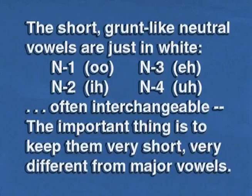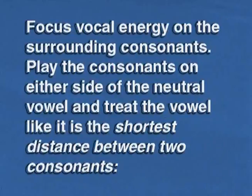The short grunt-like neutral vowels we call neutral 1, 2, 3, and 4: I, E. These are just in white. They're often interchangeable. The important thing is to keep them very short, treat them very differently from the major vowels. On DVD 2, you'll learn that one way to do this is to focus vocal energy on the surrounding consonants. Play the consonants on either side of the neutral vowel and treat the vowel like it is the shortest distance